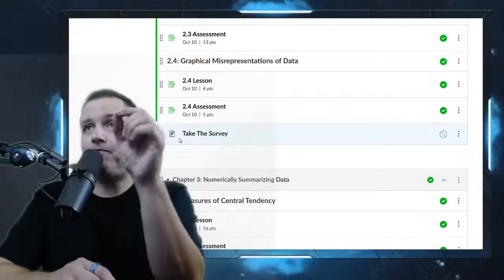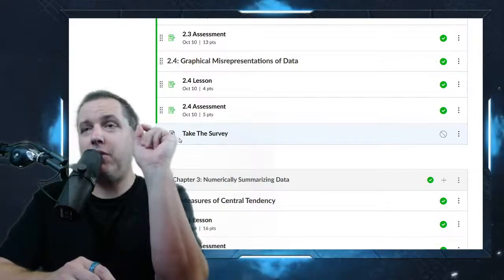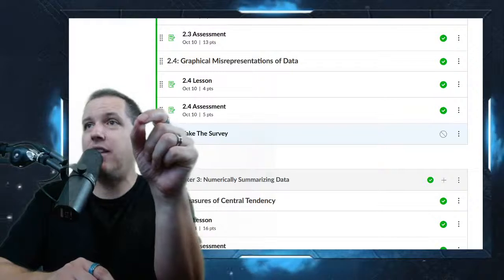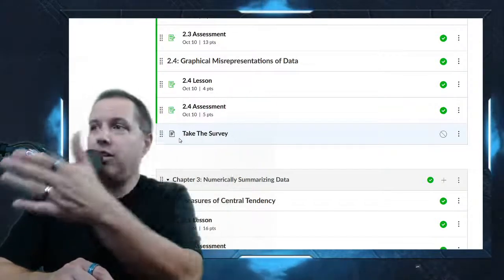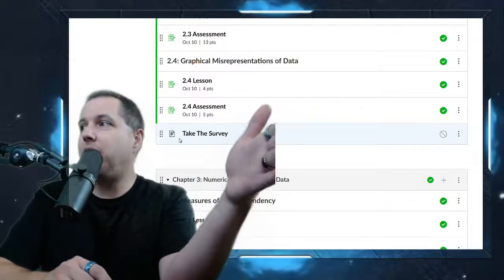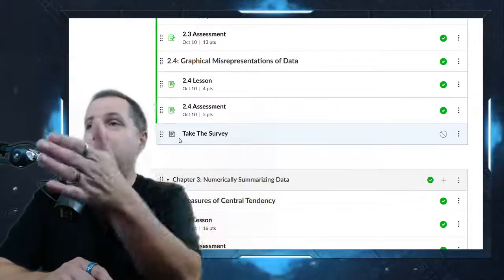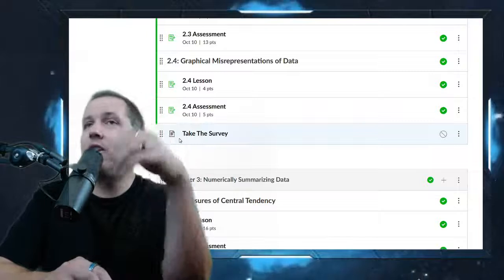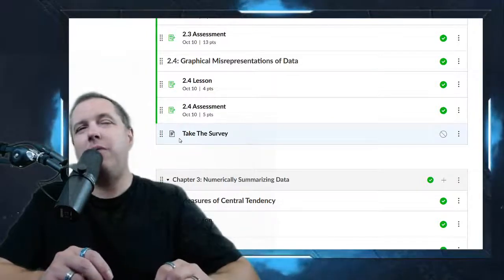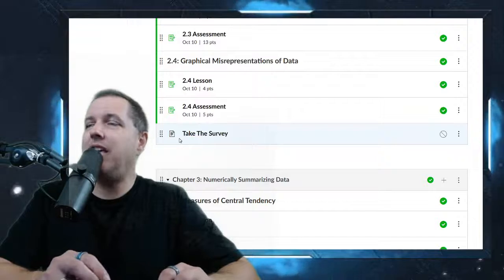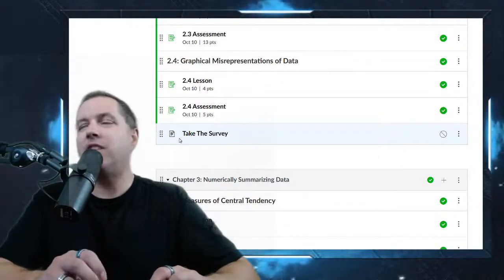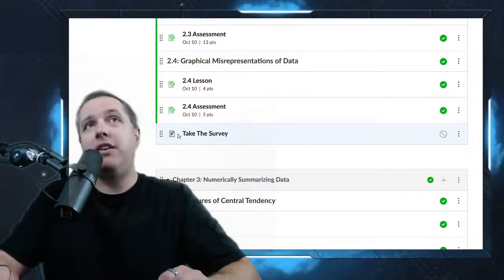So in other words, if you're one of the people that doesn't go in and take the survey in the next week, you're actually holding up the entire class, right? You're holding the whole class back from being able to start their work because there just isn't enough data points. So please just go, you know what, I'm going to be magnanimous, and I'm going to go in and just take that thing. Even if I'm not getting points for it, it's the right thing to do,